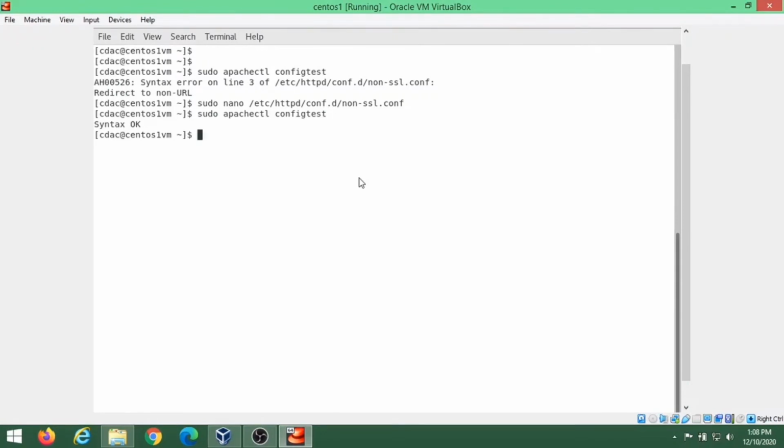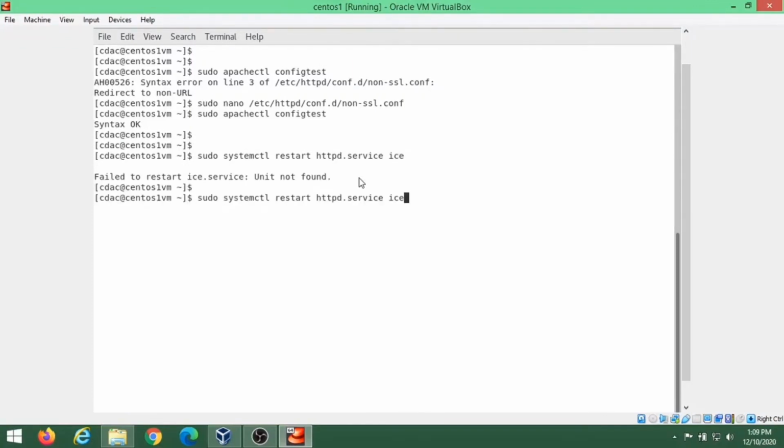Okay, now the syntax is okay. We can move forward and restart the Apache server to apply our changes by typing sudo systemctl restart httpd.service. Okay, failed to restart. Now we will try again.